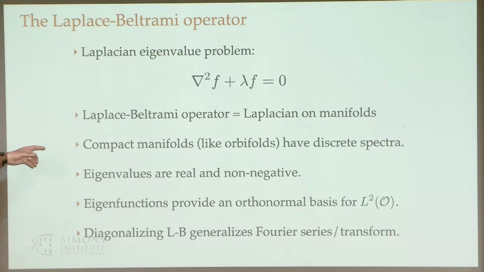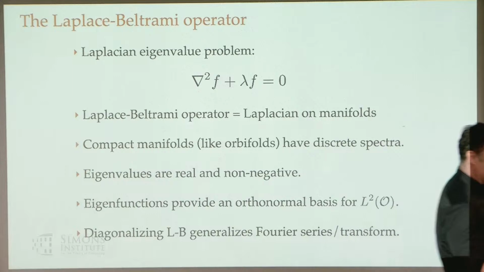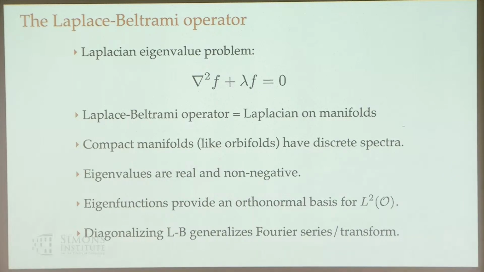In particular, this is just the eigenvalue problem associated with that operator. It's a positive definite operator, so we have non-negative eigenvalues, and because it's a compact set, we have discrete spectra. I'm embarrassed to say that it wasn't until doing all this that I fully appreciated exactly what the connection is between the Fourier series and Fourier transform. You learn these things separately, and it basically boils down to whether or not you have a compact set and how you represent these things. So this is the problem. If we could solve this problem on the manifold, then we'd have this very nice basis that we could use to solve interesting problems.